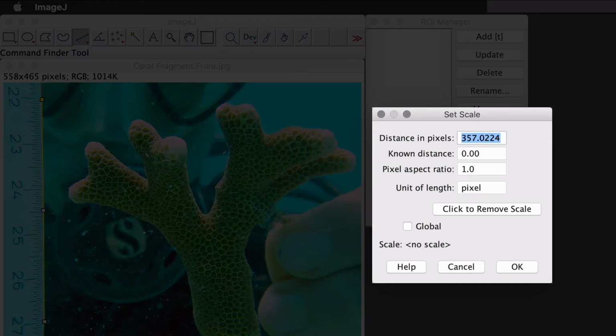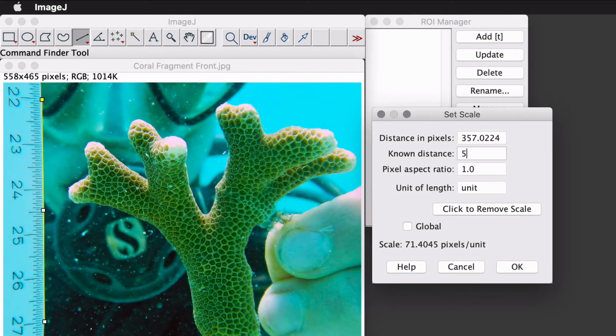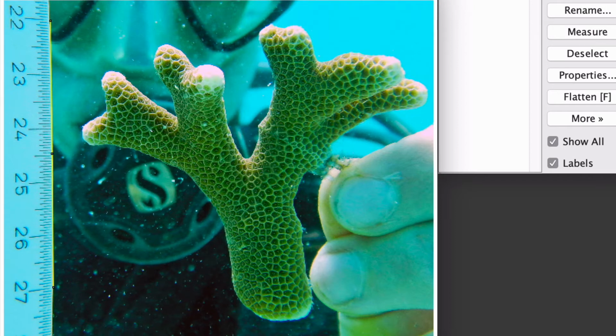In the Known Distance box, enter the length in centimeters that you can read on the ruler for the drawn line. In this example, ours is 5 centimeters. Click OK and head back to your photo. Now that your scale is set, you are ready to accurately measure coral fragments. Don't forget to set the scale for each new picture you analyze, as each photo was taken from a different